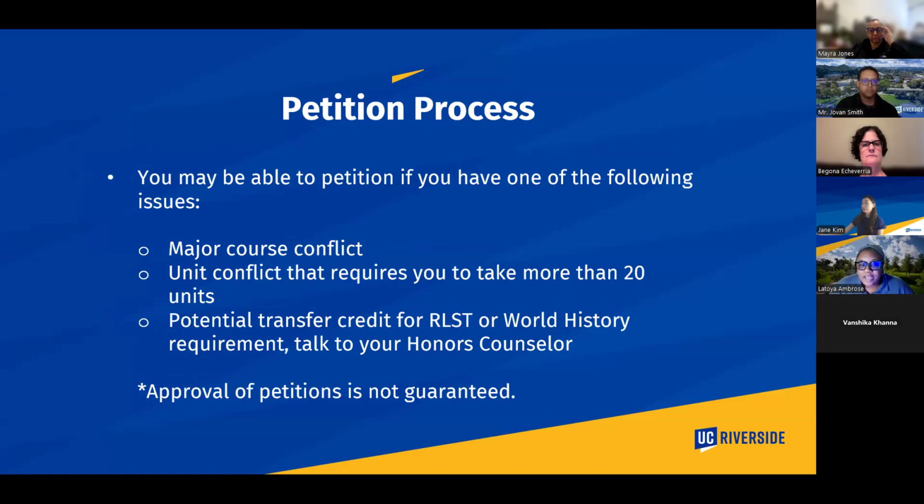So for the petition process, Jovan mentioned that if you have AP, IB, or concurrent enrollment credit that satisfies the same requirement of religious studies and world history, we will reach out to you. However, if there are any other conflicts with your major classes with the honors course requirements, so for example, religious studies and ethnic studies have one specific time that's offered. If it is a conflict with a major course that you cannot take at another time or in another quarter, you can petition to postpone that requirement to your second year.